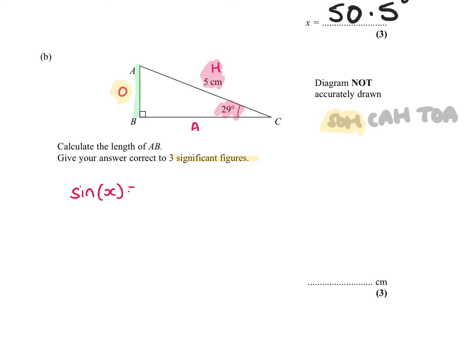So I write the formula. Sine of the angle equals opposite over hypotenuse. Now, I always write this formula before filling it in, just to make sure I put everything in the right place. Sine of 29 equals O over H, which is 5. How do I rearrange this? I need to multiply both sides by 5. So my opposite equals sine of 29 times 5. Sine 29 times 5 equals